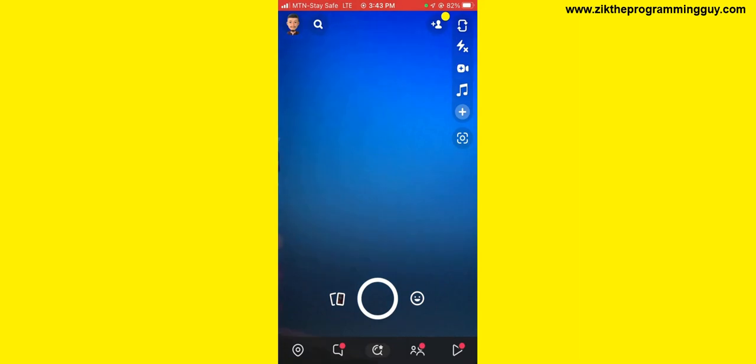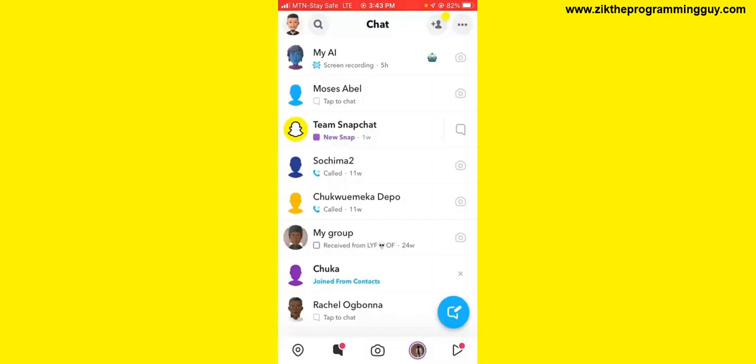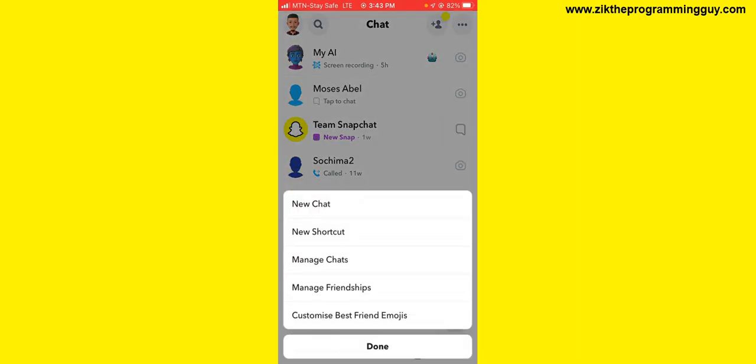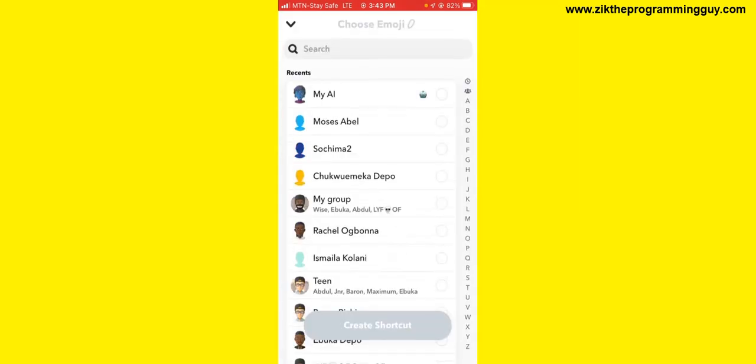So guys, if you want to create a shortcut, it's very easy. All you have to do is open your Snapchat and click on inbox at the bottom of your screen. So once you click on that, you'll see the three dots at the top right corner. Tap on that and you see this new shortcut option. Tap on new shortcut, and then you have to select the people you want to add to this shortcut. So I'm going to select this guy, this guy, this guy, and this guy, and then I'll click on create